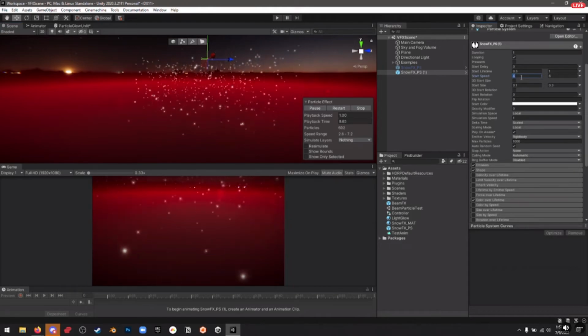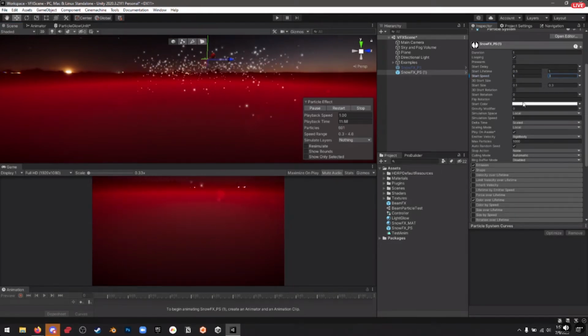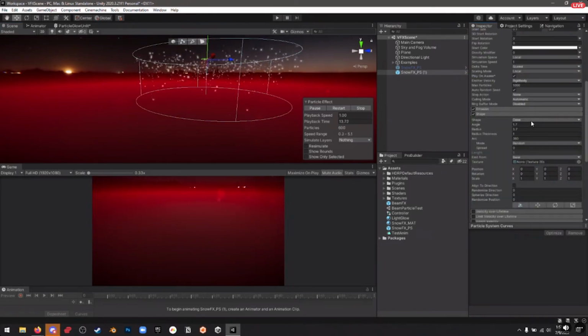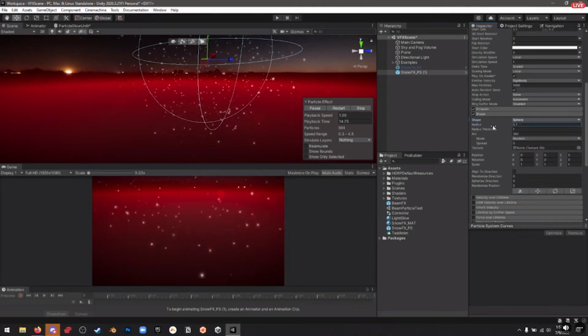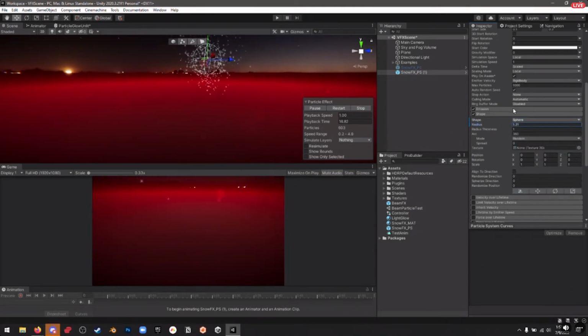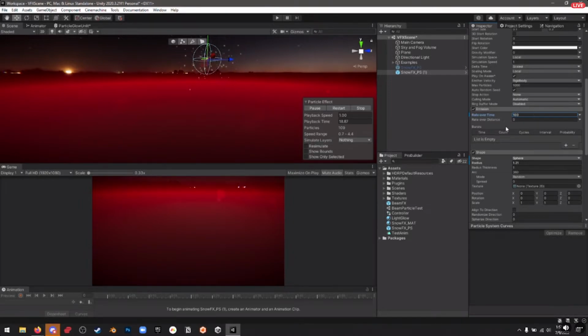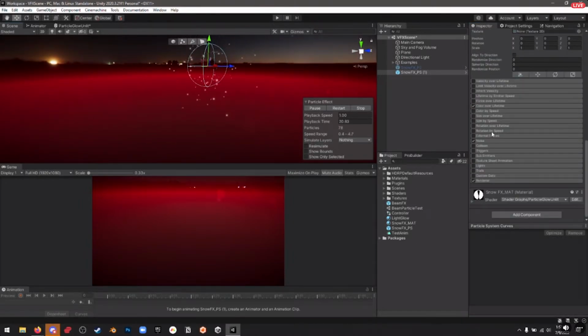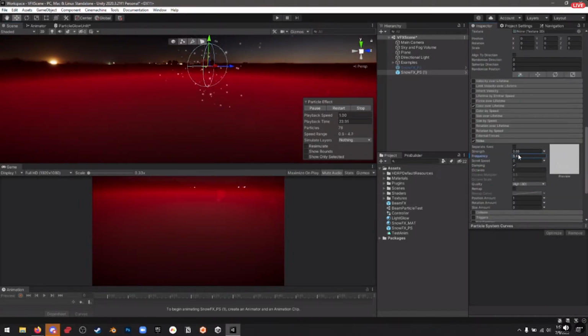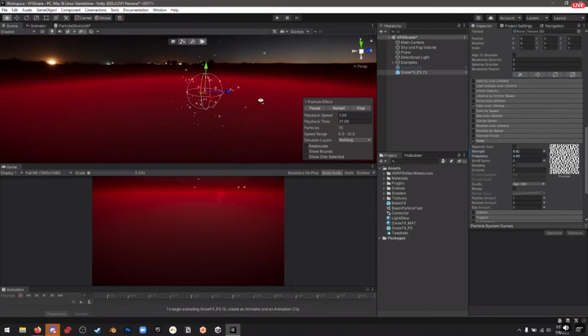My start speed, I made like 1 and 3. I made the shape a sphere, changed the radius to be really small. I changed the count to 100. And the noise, I set the noise frequency to be a lot and the intensity to be a lot. So there we go, now I got my bugs. I can now rename this to bug light